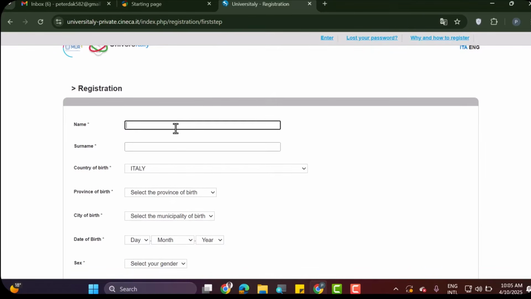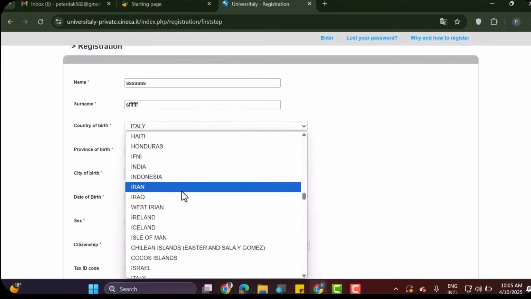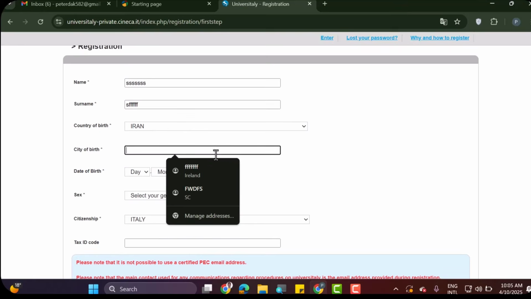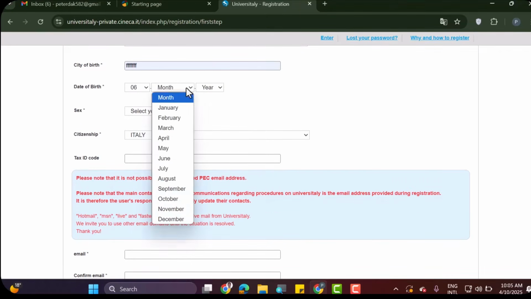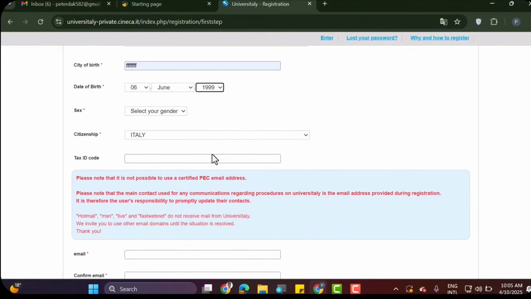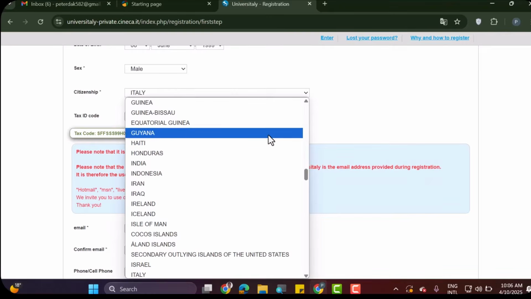You can fill your name, your surname, your country of birth, city of birth, date of birth, gender, citizenship,